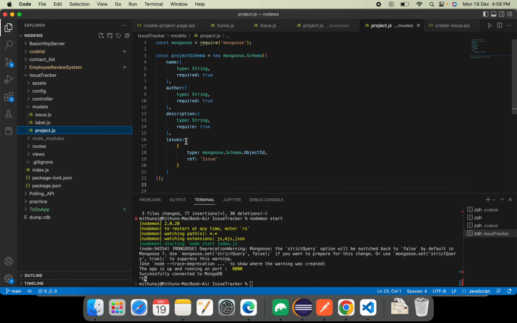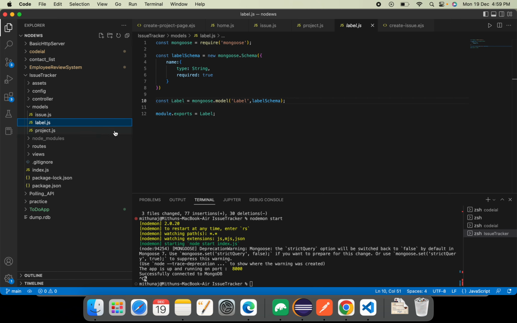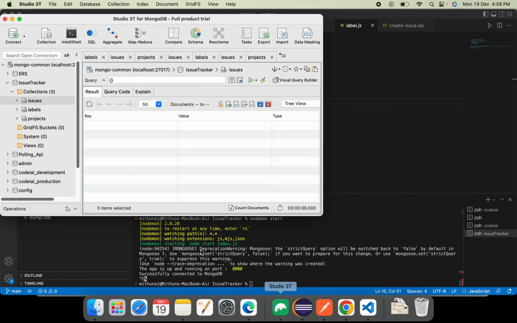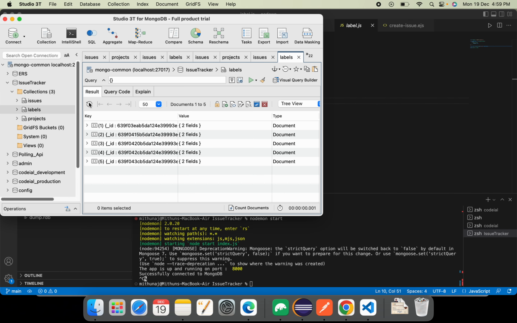And the next model is project. Here we have name, author, description, and issues. Issues is an array of type object ID, and it is also referring to the issue model which we have created. Labels is a predefined model which has name, which is of type string. So here we have the labels model with some predefined values,